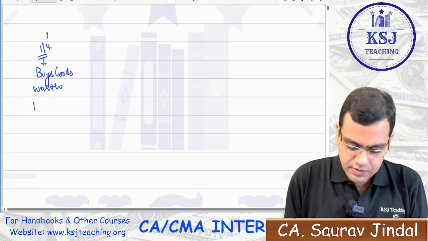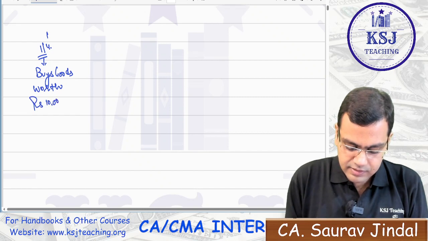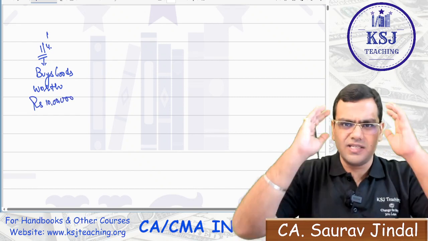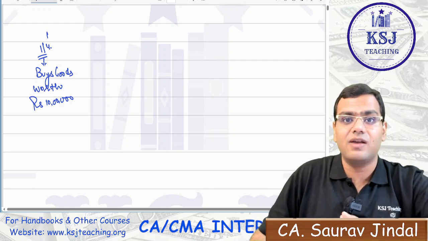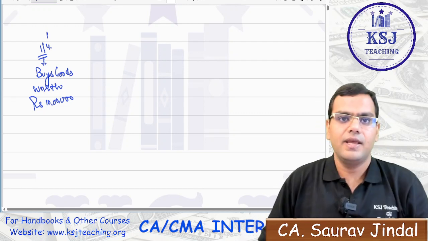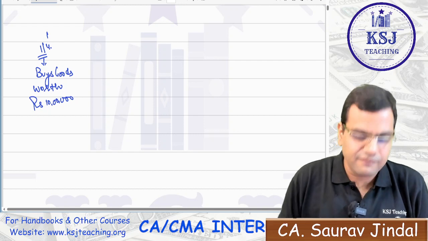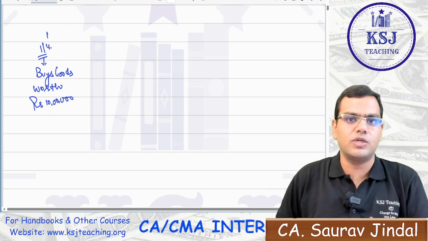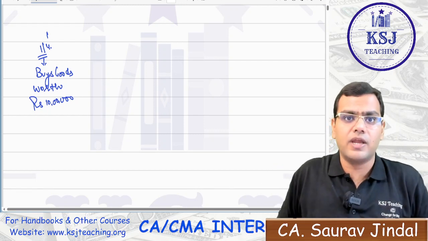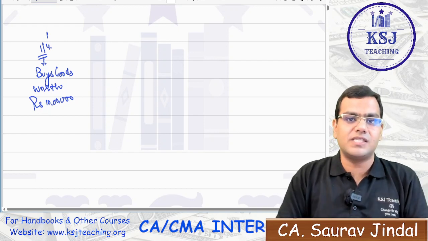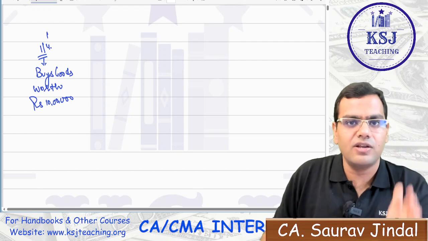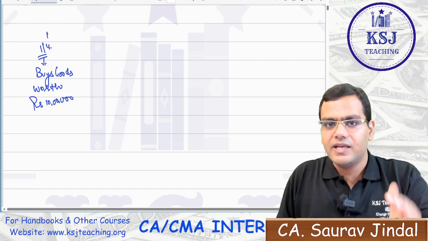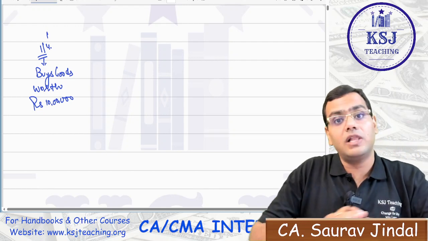worth rupees 10 lakh. Now just imagine a situation. Sir, is it possible that he is going to sell this 10 lakh worth of goods on the same day and recover the amount? On 1st of April, he has purchased the goods and he has paid from his pocket. He has invested 10 lakh rupees. He has paid for the purchase of those goods. But imagine a scenario. Is it really possible that he is going to sell all the goods on the same